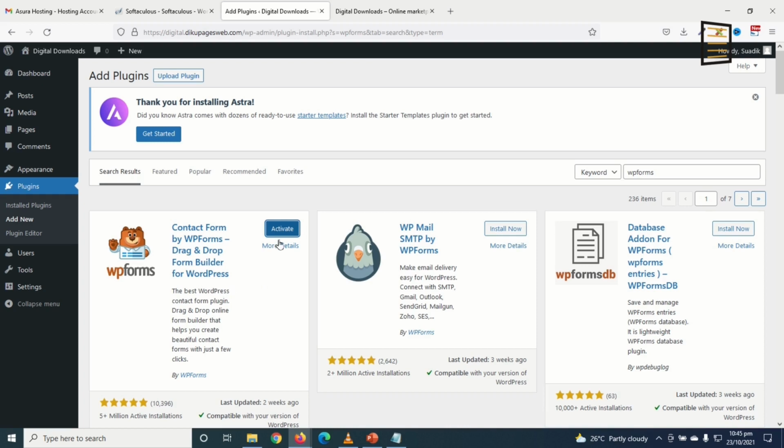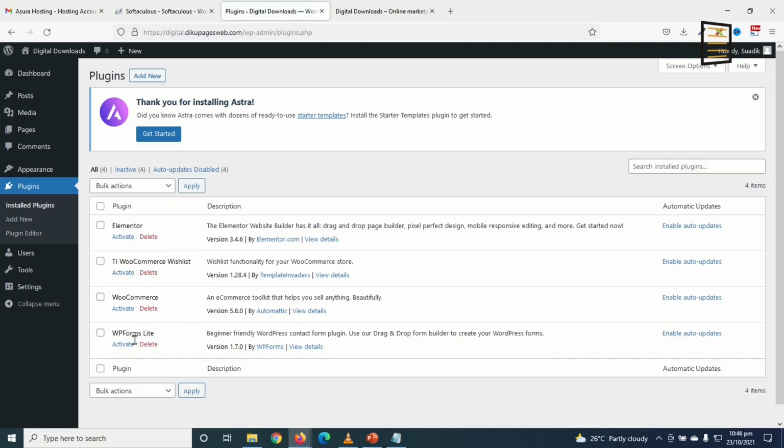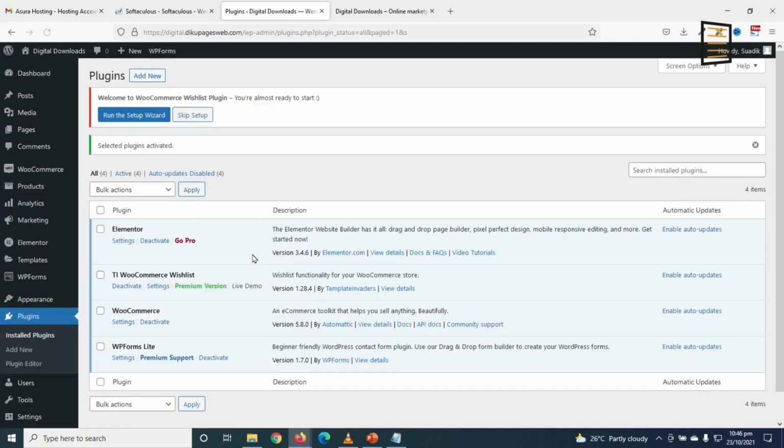So all the plugins I want to use for now are installed. We may be installing some other plugins. I will install them as and when we need them. So take note, I've installed all these plugins, but I've not activated any of them yet. So I'll go to installed plugins so that I'll activate all at once. So I select all, go to bulk actions, activate, apply. So all the plugins are activated at once instead of doing them one by one.